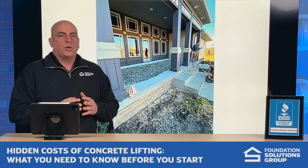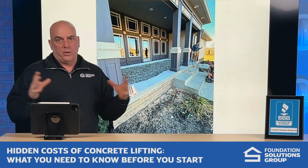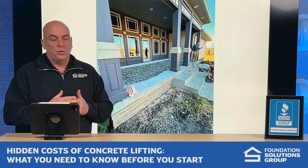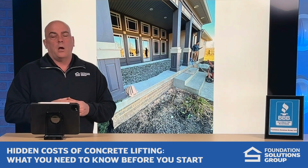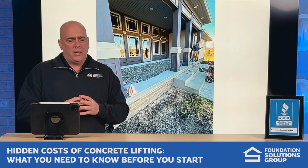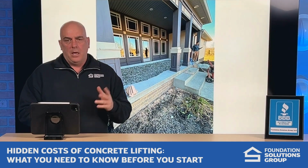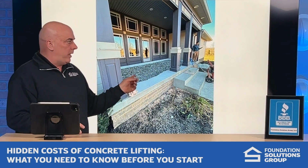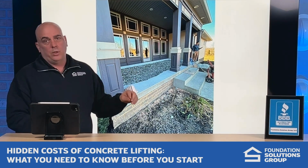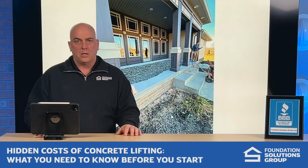But porch stoops are notorious for taking a lot of foam, and so something that looks like a relatively straightforward project often will cost you a little bit more because we've used more material, and the cost of the project is based on the amount of foam that you use. Hardly ever do we ever go over. We're pretty good about estimating it right the first time. And in this example, we just felt like remove and replacing was the better value to the customer. It's a little bit harder work, a little bit more labor intensive, but that way we can control the cost